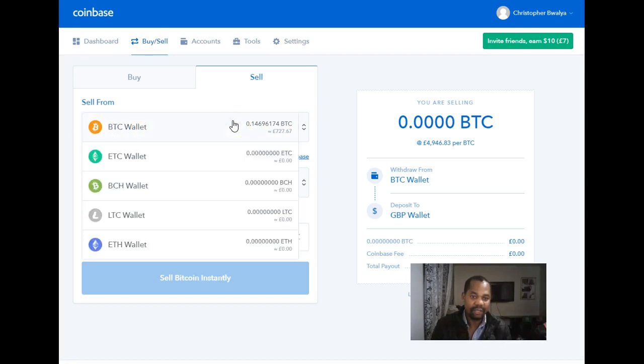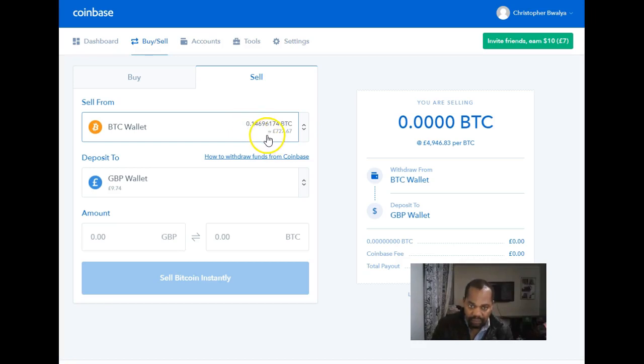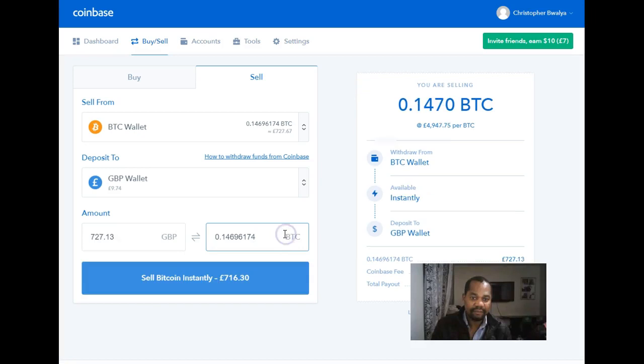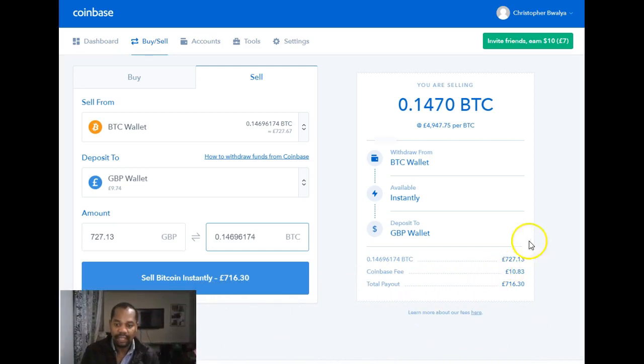So this is what I want to sell. Okay, so it's sell Bitcoin instantly. I click on it, and I'm going to write here how much I want to sell. It says sell maximum. If I click on that, that will sell everything, which is 0.146, 0.147, and that is the price at which it is going to sell. And as you can see, Coinbase is going to charge £10. So if you click on sell,